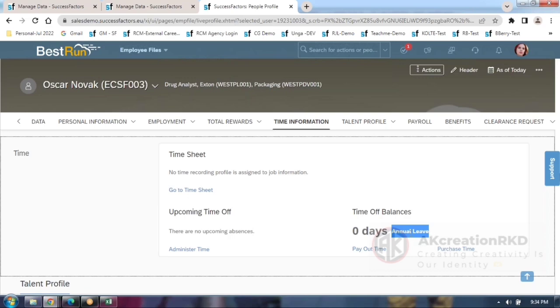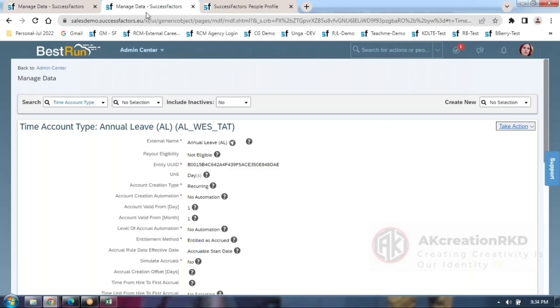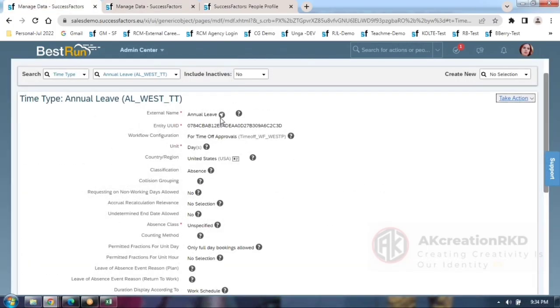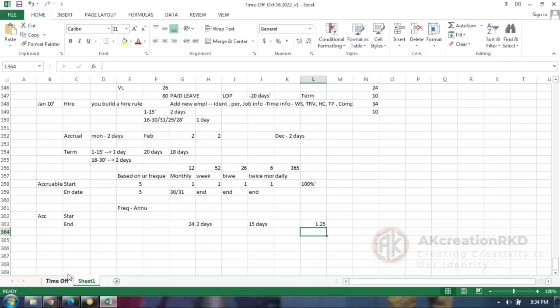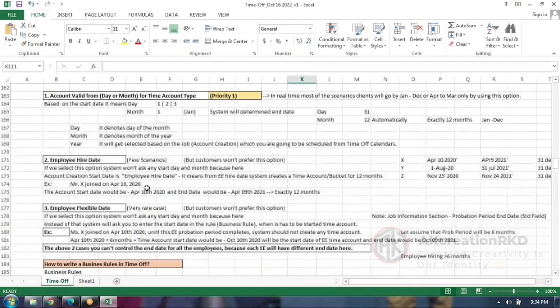Which type? Is it time type or time account type? This is your time account type. Time type and this only. Perfect. Now once it is ready, the next responsibility, guys, is there in our class